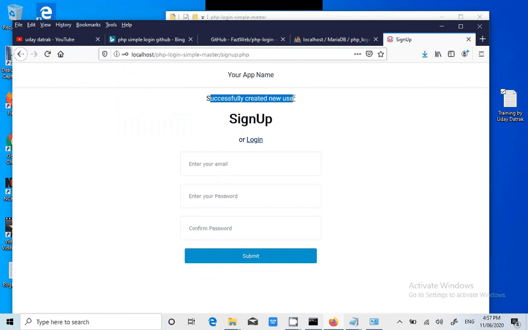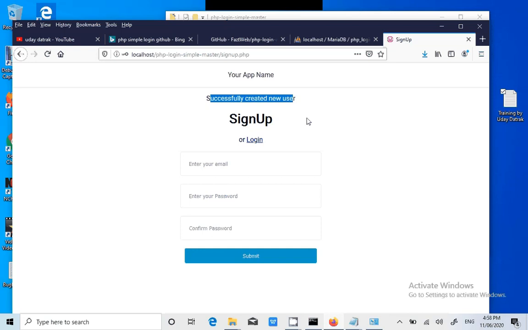Whenever you download any application from GitHub, what are the things you need to do? First choose the database name, then create a table name within the database, then create the columns, and then check whether the port number of the MySQL database is correct or not. You have to change it, and you have to make changes to the MySQL username and password as we have done. These are just a five-step process. No matter how big the code is, these are the small things you need to do.